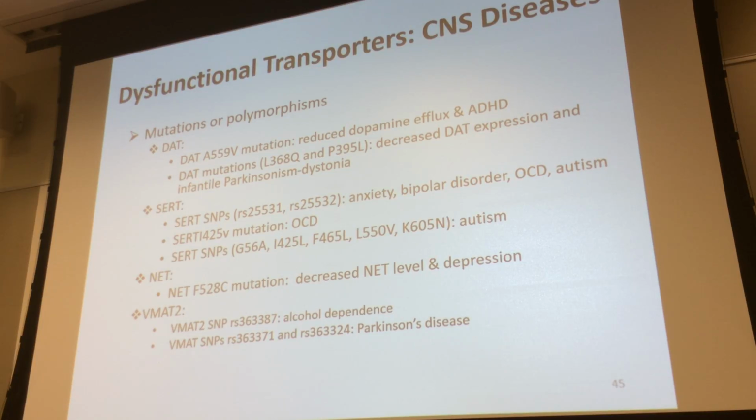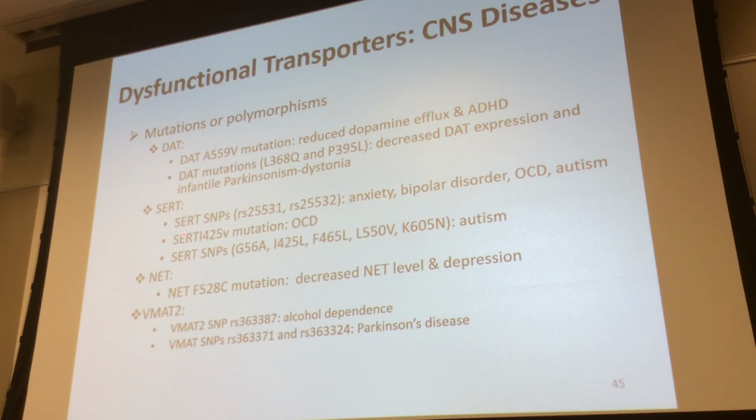So here we have dopamine transporter mutation A559. This 559 means the amino acid residue on the dopamine transporter. There's a mutation from A to V, and what it does is it reduces dopamine efflux and is associated with ADHD symptoms. Okay, there are two other mutations. What these two mutations do is cause the reduction of dopamine transporter protein level, and infantile Parkinsonism and dystonia symptoms. Okay. For the third, there are many polymorphisms, and they are associated with a broader spectrum of diseases,